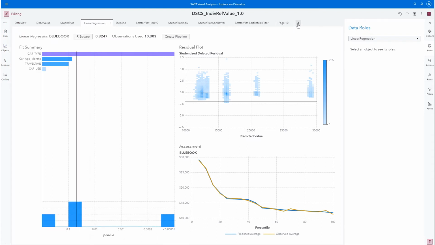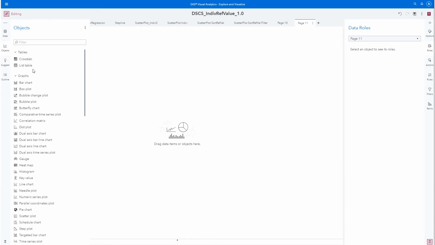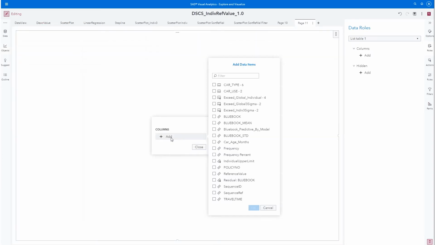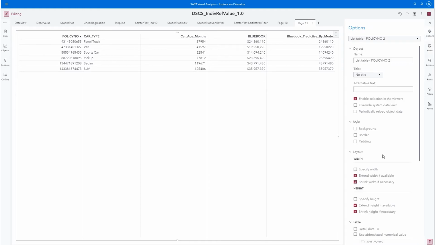Let's take a brief look at what the values mean that we see here. In order to visualize this for you, I go and add a list table, and in this list table I add, for example, the policy number, the car type, the car age in month, and the actual Blue Book value, and I also add the Blue Book value which we now created by our model. If we do so, we want to see not only the aggregation of this data, but